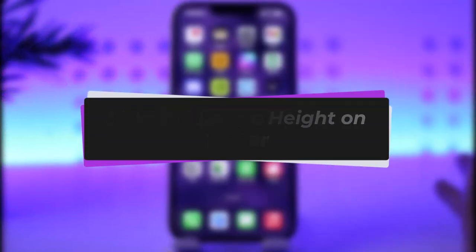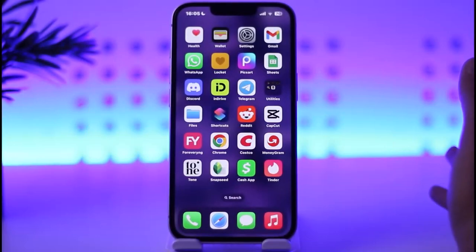In this video I'll show you how you can change height on Tinder, but before that please do make sure